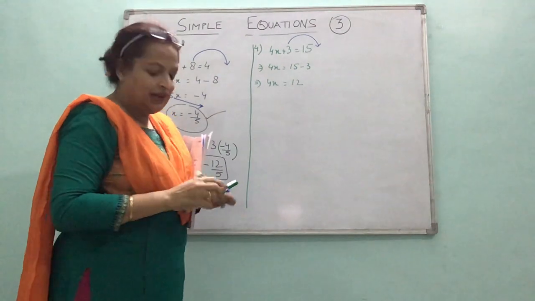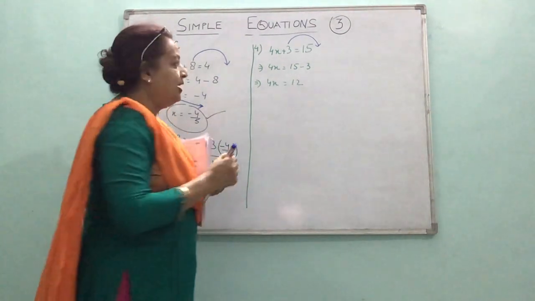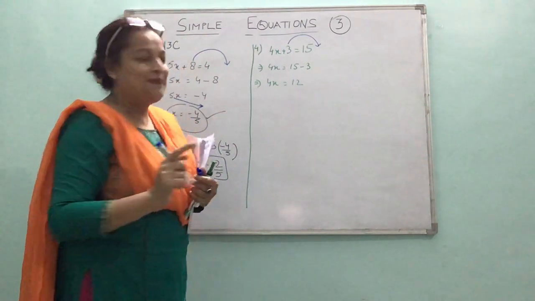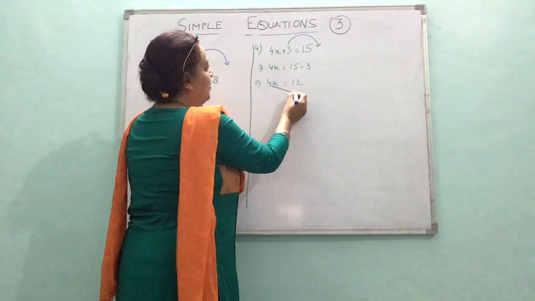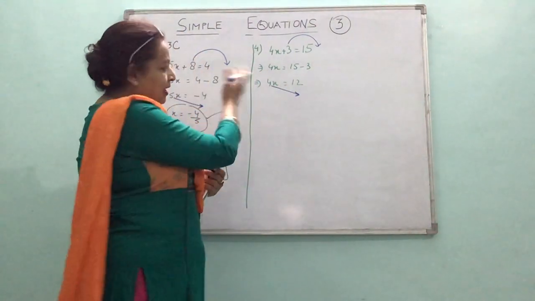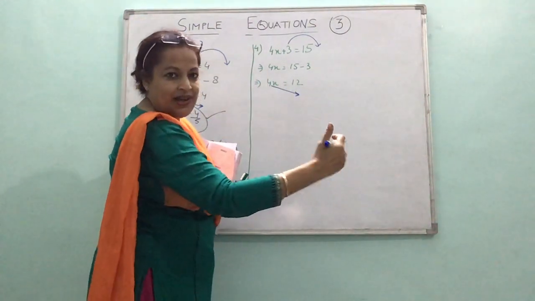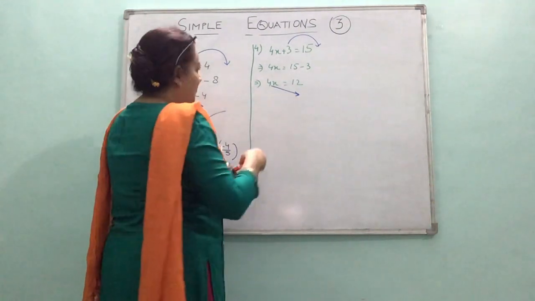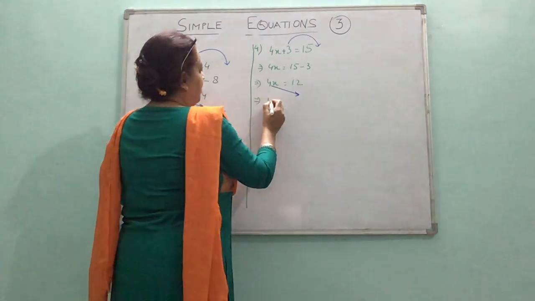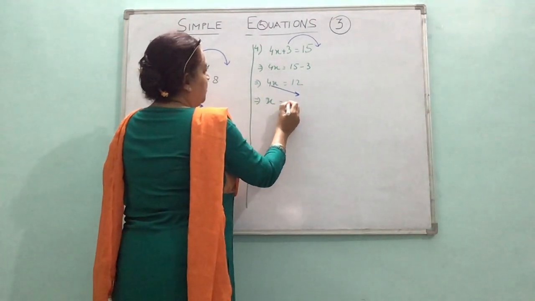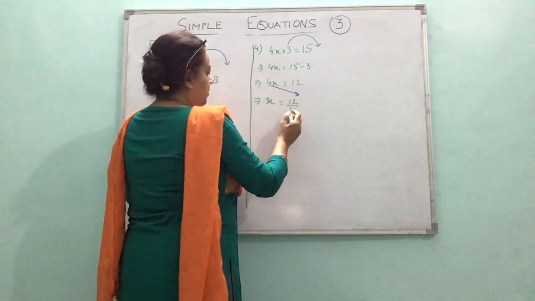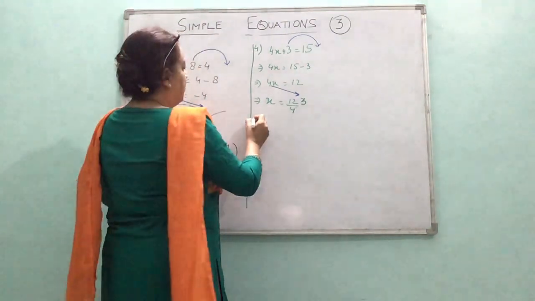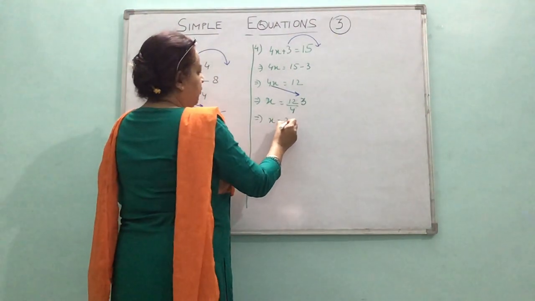Right? Now, I have to find value of x. So even 4 is to be taken to the other side. But it is a single term, one term. When it is one term, what do we do? We cross multiply. 4 is multiplying this side, so it should divide the other side. And the sign should not change. So it would be x is equal to 12 divided by 4. Can you reduce it? Yes, it is 3. 4 3 times is 12. So what is value of x, children? Value of x is 3.